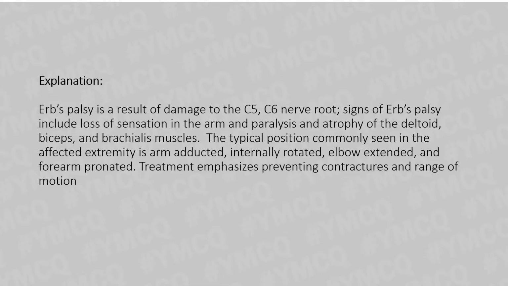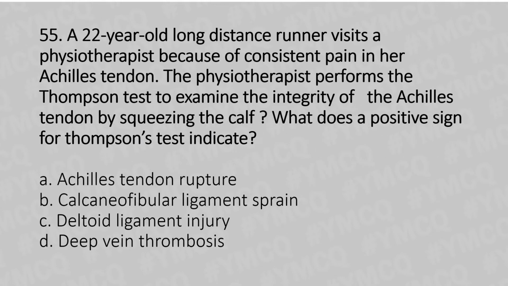Moving to our 55th question. A 22-year-old long-distance runner visits a physiotherapist because of consistent pain in her Achilles tendon. The physiotherapist performs the Thompson test to examine the integrity of the Achilles tendon by squeezing the calf. What does a positive sign of the Thompson test indicate? Option A, Achilles tendon rupture. Option B, calcaneofibular ligament sprain. Option C, deltoid ligament injury. Option D, deep vein thrombosis. And the answer is